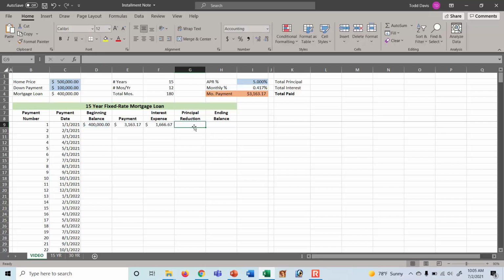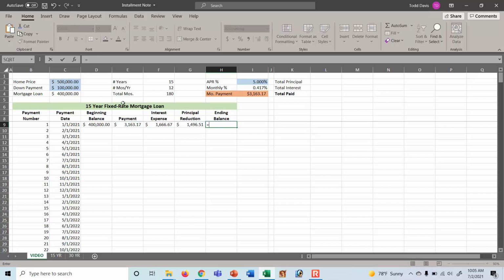For cell G9, showing the amount the principal is reduced for this first payment, we're going to put in the formula showing the amount of the payment from cell E9 minus the amount of interest paid from cell F9. Hit enter.